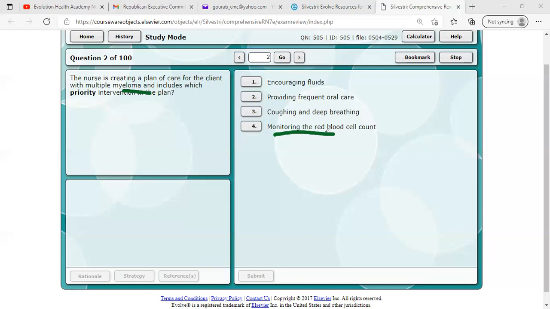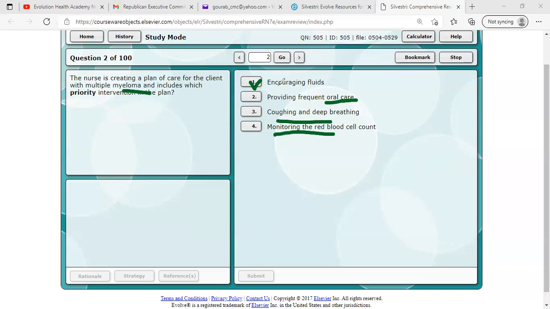Providing frequent oral care is also important to prevent infection. Coughing and deep breathing is important too. But what is the most priority? I want to give the most priority